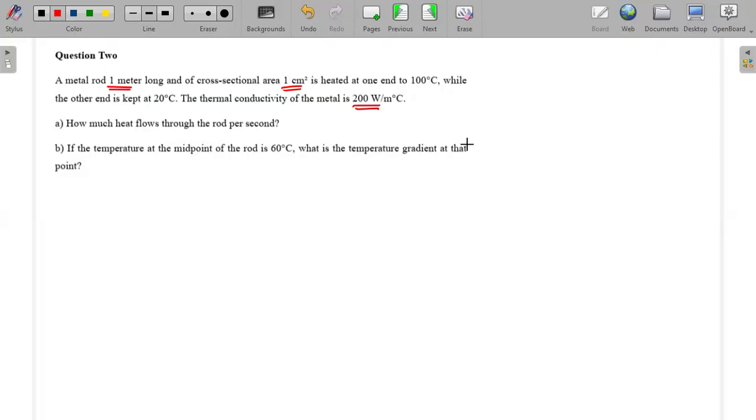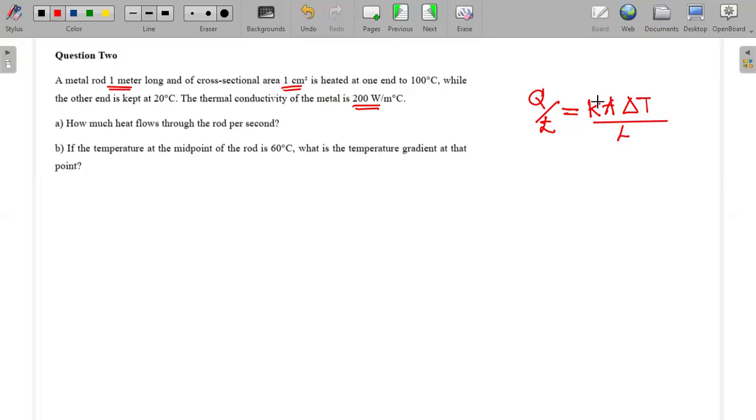In question one, we were calculating the rate of heat flow, which we represented as Q over T, generally the power. And this is equal to what according to Fourier's law? The rate of heat flow is equal to K multiplied by A multiplied by delta T divided by L, where K